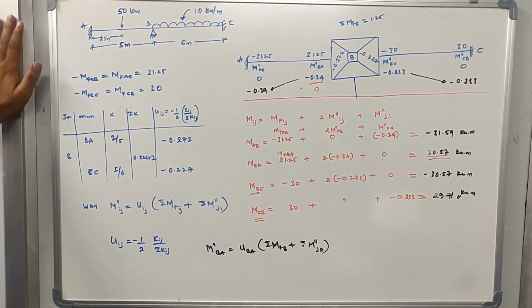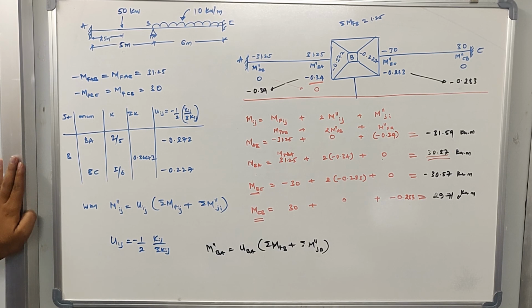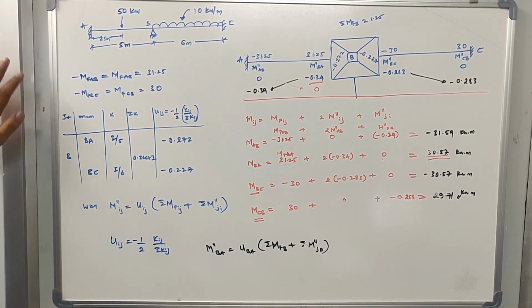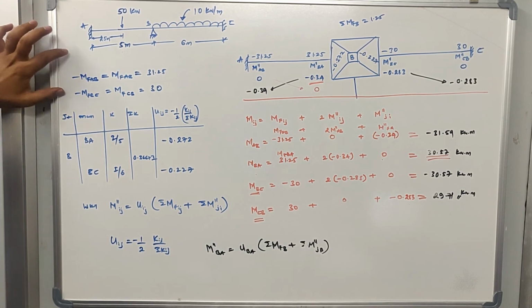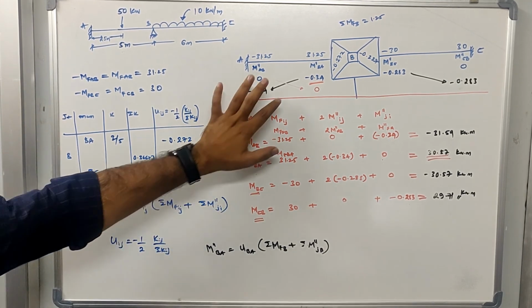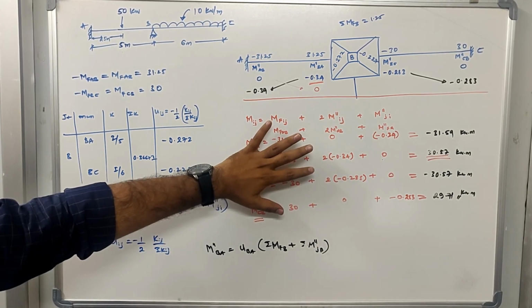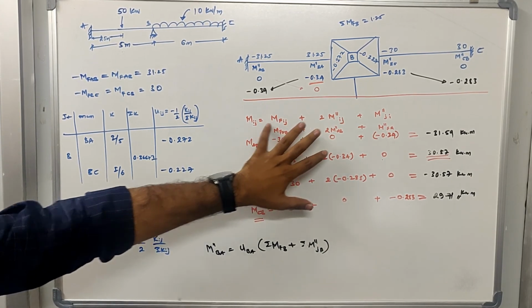I want you to solve the reactions, shear force diagram and bending moment diagram. Anyhow, we have solved this using the slope deflection equation, so you can refer back for reactions, shear force diagram and bending moment diagram; it is the same thing. But if you find any difficulty in solving the end moments using this method, you can ask me the question. The procedure for Kani's method is simple. First you solve the fixed end moments, then you solve the rotation moments at every end using this chart. After that you calculate the end moments using these equations.